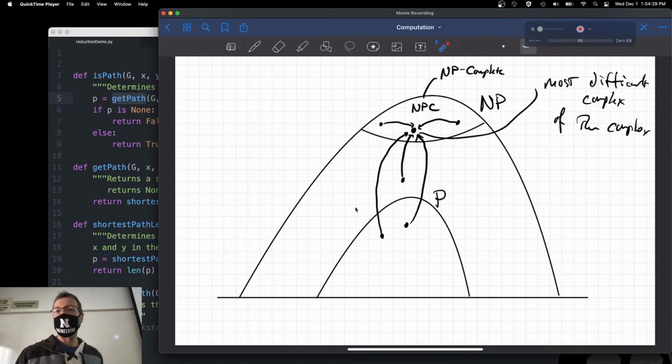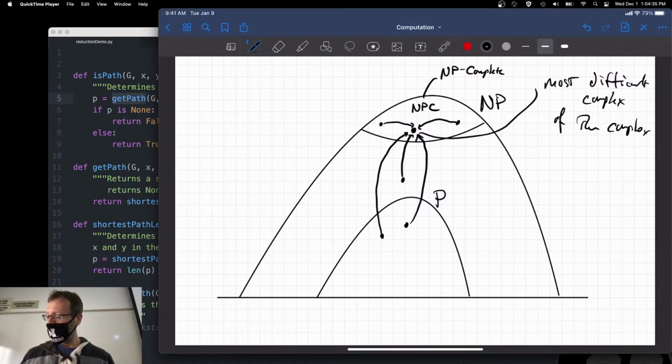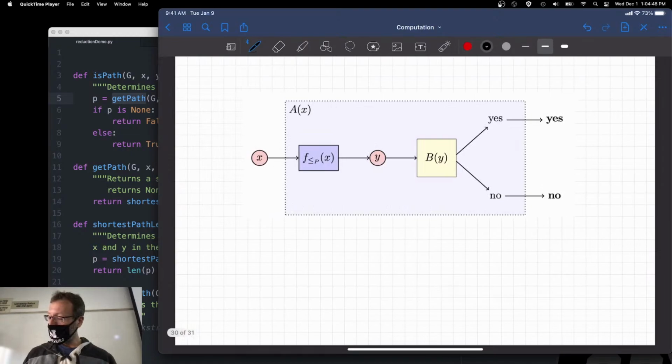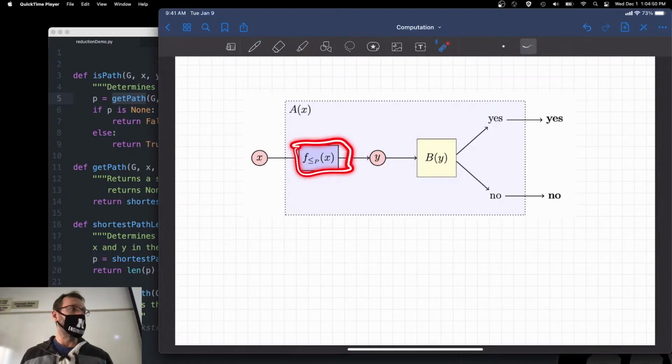So something is a polynomial time reduction if, for example, it takes you a polynomial amount of time to translate your inputs for is-path into get-path. Yes. Then this thing right here, that's the transformation. That has to be deterministic polynomial time. Does it necessarily matter whether get-path is polynomial time or not? Well,